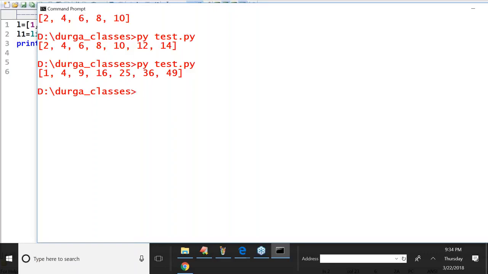Next, we can apply the map function on multiple sequences also, sir. Remember that we can apply map function on multiple sequences also. How can you do that, sir? But make sure both the sequences compulsorily contain the same number of elements. Remember that.